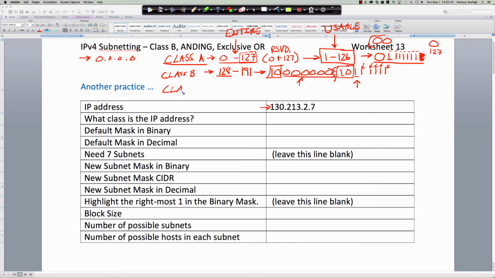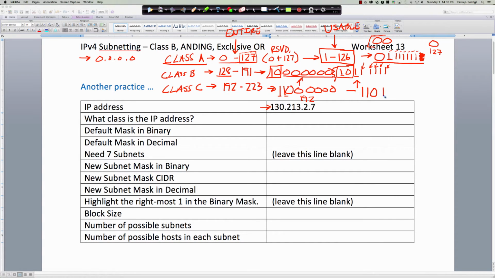And then let's finish this out with class C. When we take a look at class C, we've got 192 up to 223. And so the first 2 bits would be 1, 1, and then we would have a 0, 0, 1, 2, 3, 4, 5, 6, 7, 8. Because 128 plus 64 is 192. And then at the top end, for 223, it would be